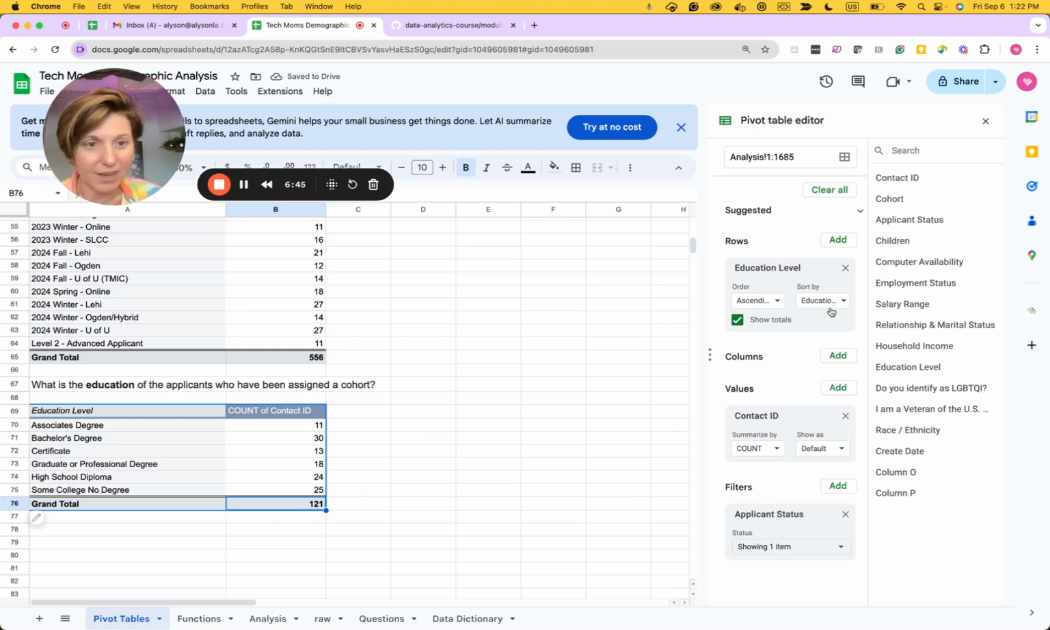So, and then we want to sort it by count, descending. Again, we did this before where it's just right here in the clickety clicks, count and order. But now I can see dead leads are, majority have a bachelor's degree, some have college, some have high school diploma. And how does this compare to